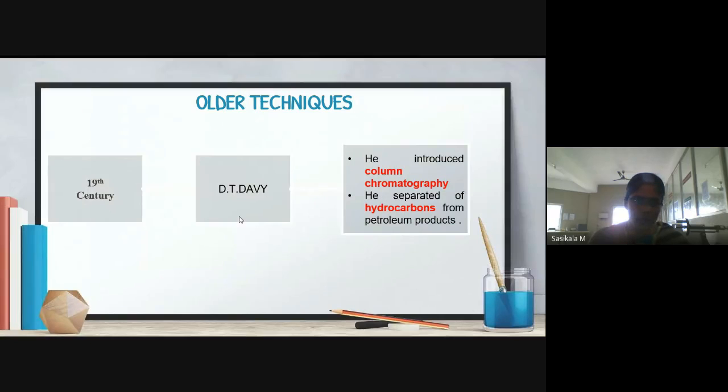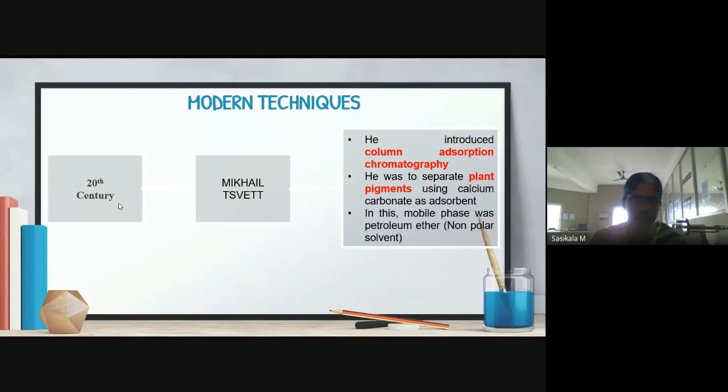And in the 19th century, the scientist D.T. Davy developed or introduced column chromatography. Not planar, only column chromatography, where he separated hydrocarbons from petroleum products. Firstly, hydrocarbons were separated from petroleum products using column chromatography by D.T. Davy. Then in the 20th century, Michael Sweat introduced column adsorption chromatography, and he separated plant pigments using calcium carbonate